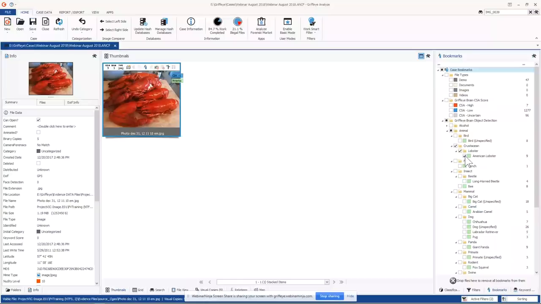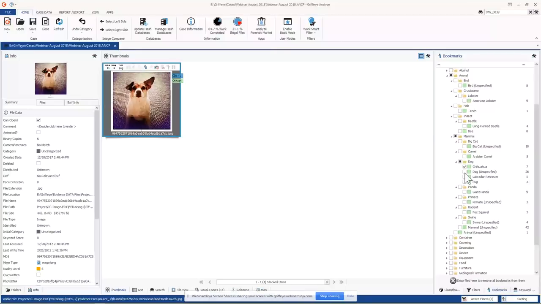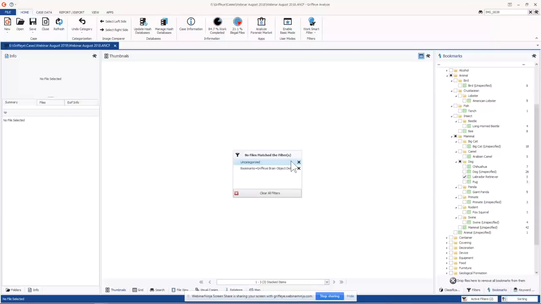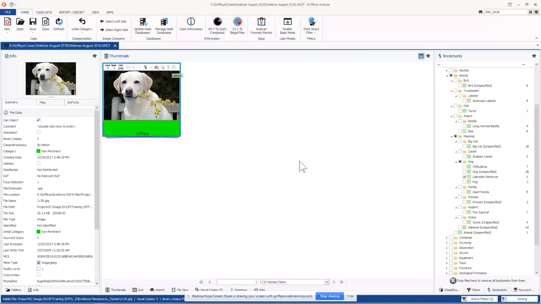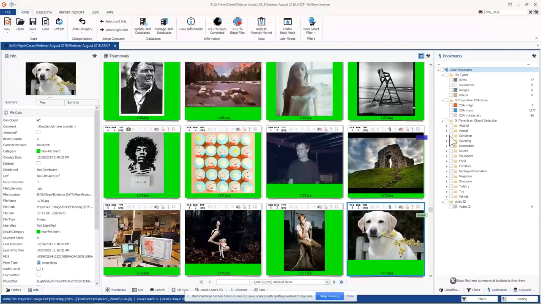and it detects all kinds of really cool stuff, dogs all the way down to, it says, hey, there's a Chihuahua, these are unspecified dogs, and there's a Labrador Retriever. Oh, no Labrador Retriever there. I've got to undo my uncategorized, there he is. So it can go through and detect objects for you. If you have something that's germane to your investigation, you can quickly go right to it, as it's already done it. The computer has done the work for you already.